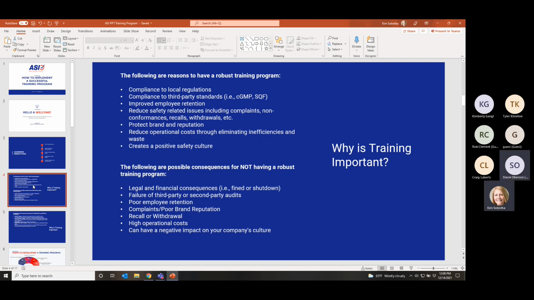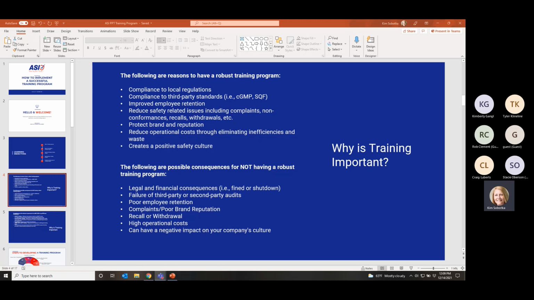Now, let me talk just briefly on some of the consequences if you do not have a robust training program. There could potentially be legal and financial consequences. Specifically, if there's a massive recall, or you kill somebody, or you violate some kind of regulation, you can be fined or even shut down. The failure of third-party or second-party audits.